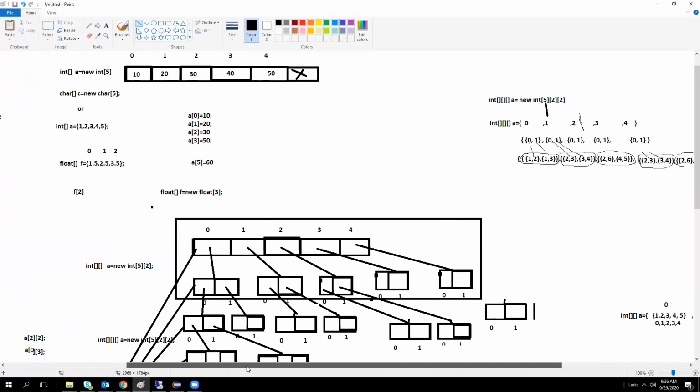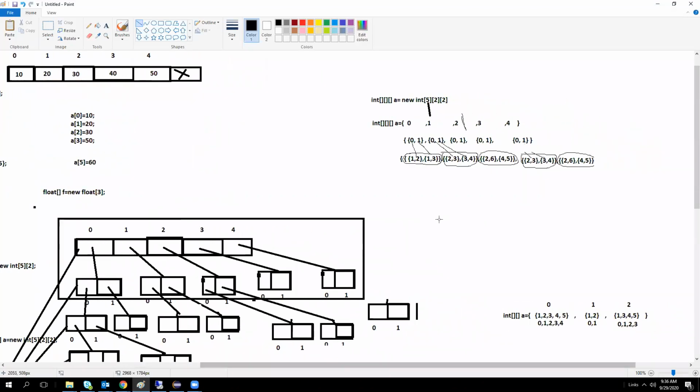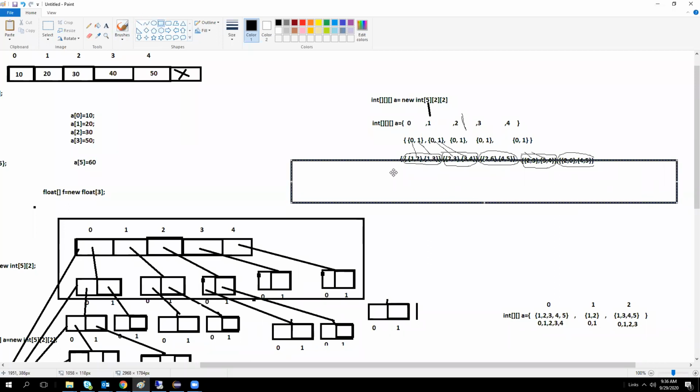So you said 5, right? Yes. If it is 5, it creates 5 locations like this. It creates 5 indexes.